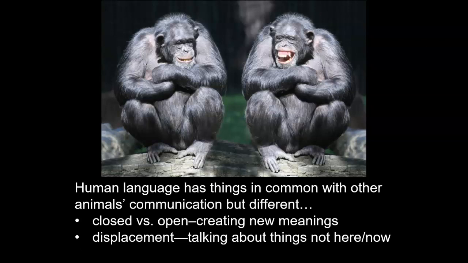Another way that human language is different than animal communication is something called displacement. And that is the ability that human language has to talk about things that are not right here or right now, okay? To reference things that are from the past, right? Or that don't exist and are just a fantasy about the future. Or to talk about things that exist but they're not in sight, they're somewhere else, right? So there's a degree of abstraction or displacement that human language is able to engage in that we find that animal communication systems do not.